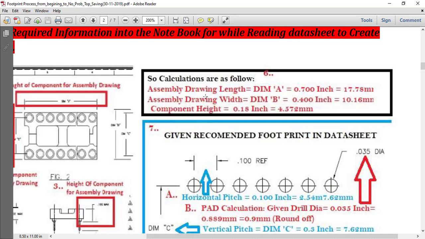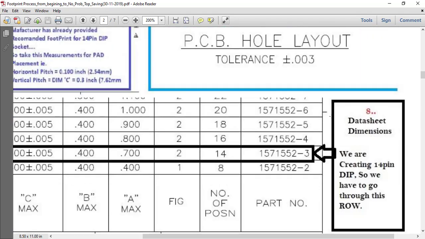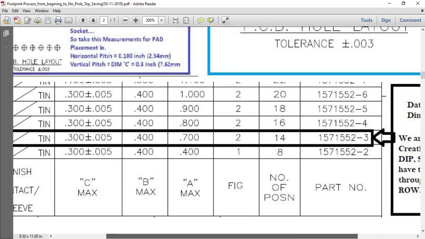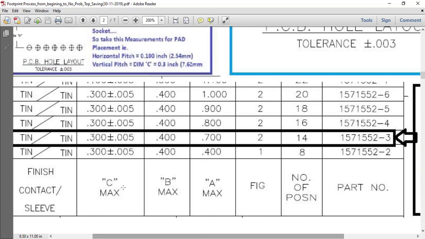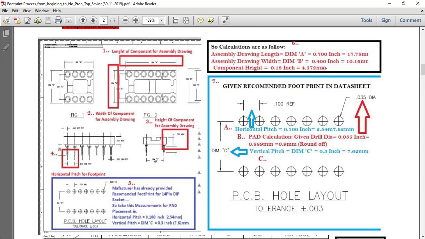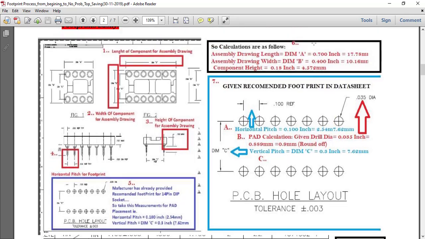The assembly drawing is marked by dim A. Dim means dimensions, and A is the coding letter. We have to find this in the table below the datasheet, and the tables are given here. So we are getting a 14 pin socket, 2 mm. Now write all these things in your notebook first.